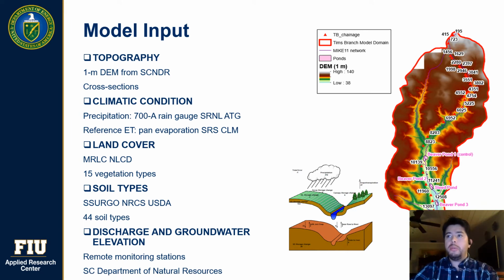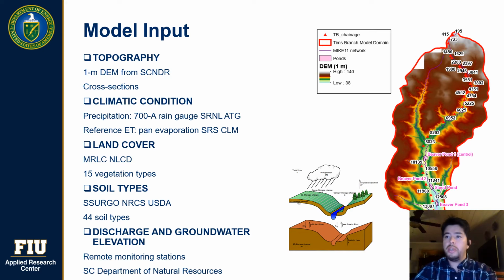Touching a little more in detail on the model input, this slide outlines the model sources and the inputs used currently. For the model development, I have primarily used data sources and layers for topography and time series for climatic drivers, such as evapotranspiration. To make sure the model was representative of the research area, we used different land data types and vegetation types. For example, here I've highlighted that we're using 15 different vegetation types, with properties such as root depth and leaf area index.